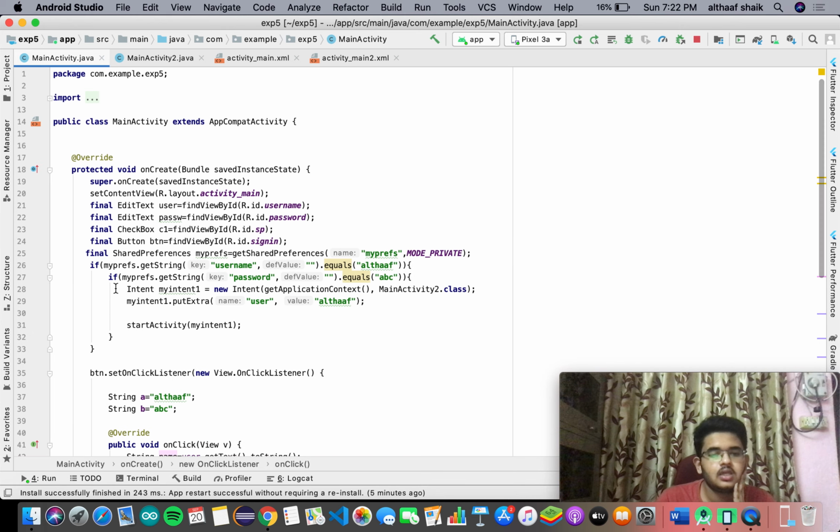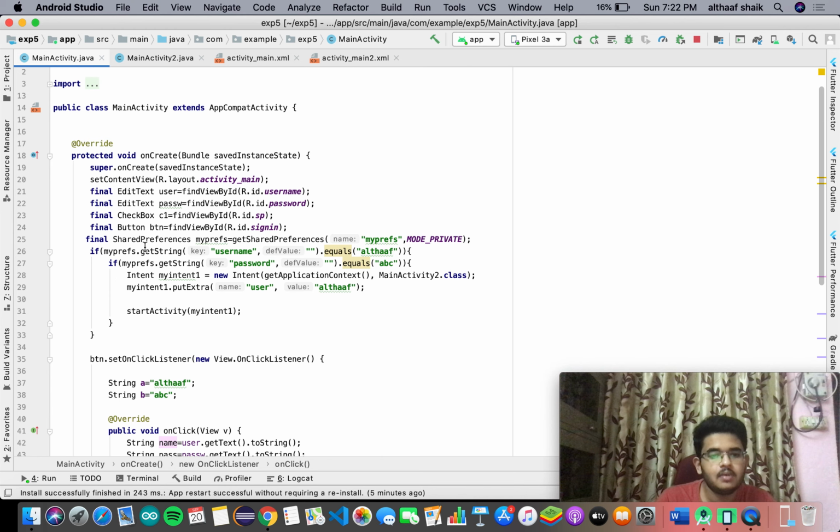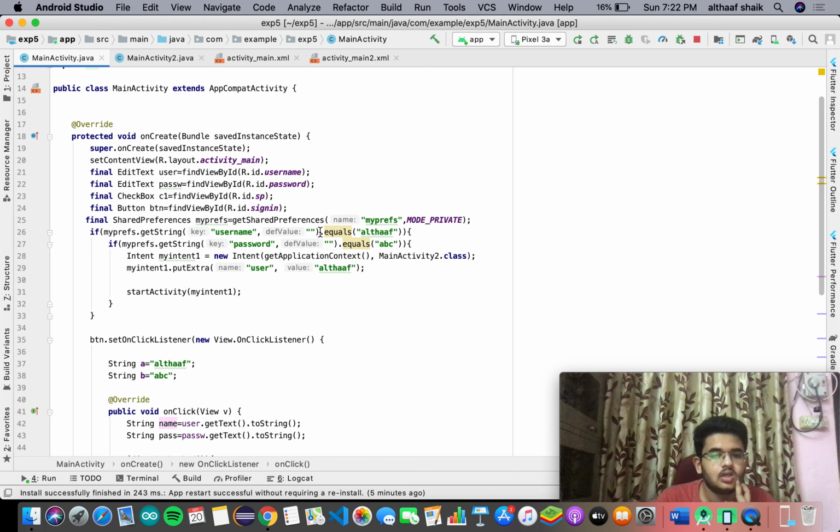So what I'm doing here is, whenever you open the app, I check from the shared preferences whether the username and the password are Altaf and ABC. If they are, I directly take them into the logged in screen, where the name of the user and the color he already chose are shown. To display the name there, I am using this intent and sending the value Altaf, so I can display it in the text view.